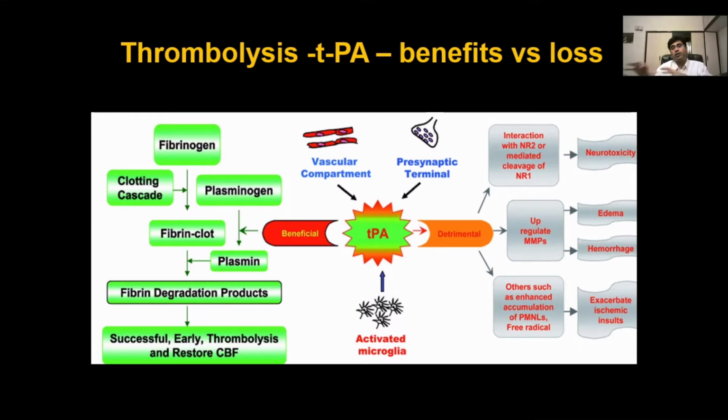So, the routine drugs that we use for peripheral circulation do not necessarily work for the intravenous circulation because the mechanism is different. So, detrimental effects are also very appropriate, and these are all theoretical points. I'm not going to detail them, but this is just a basic slide for your idea of what happens in the